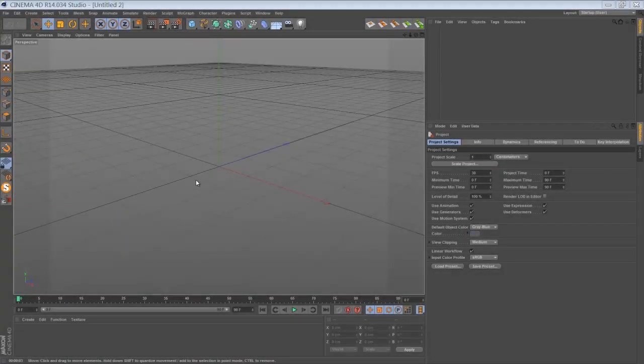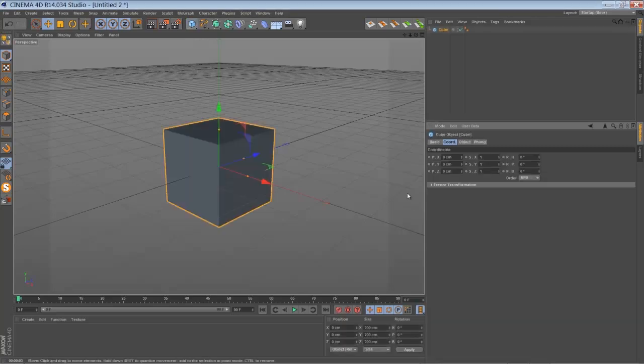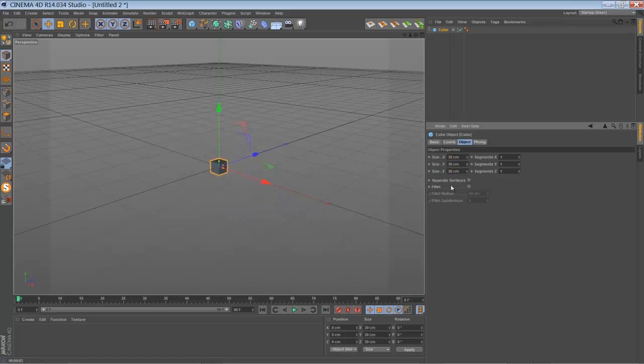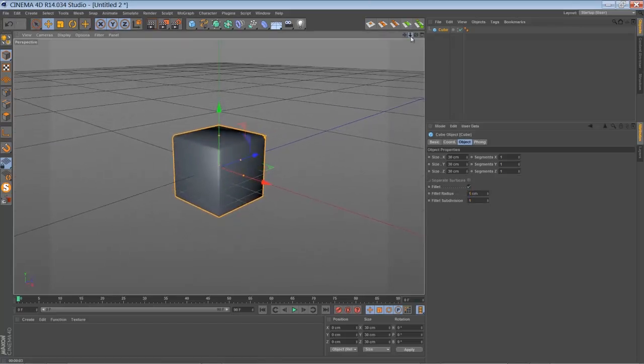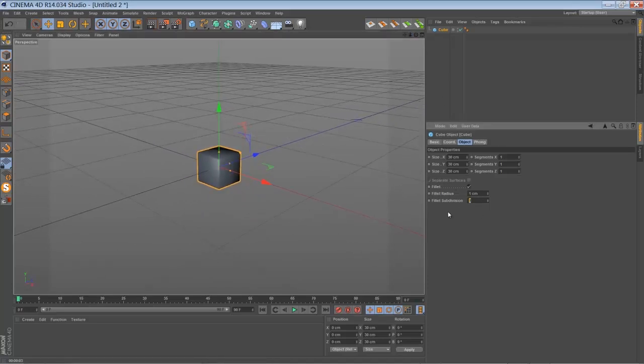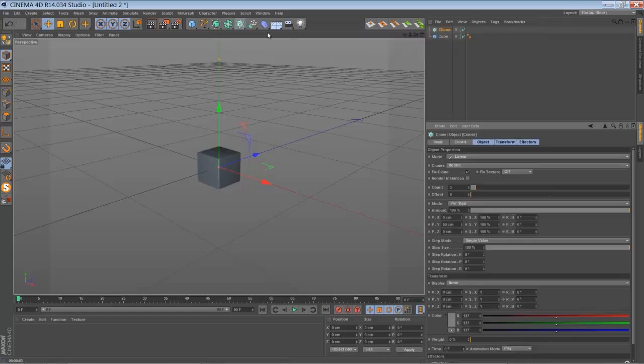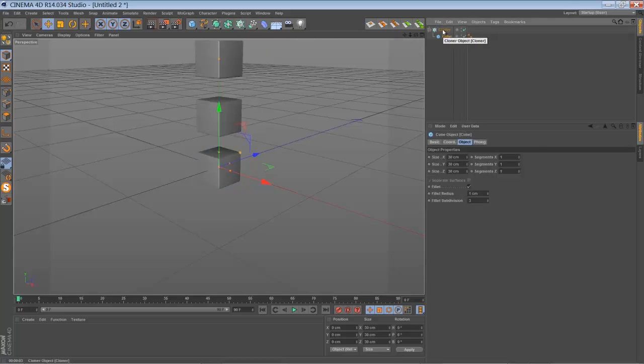Okay, so the first thing we're going to create is just a cube. I think it was something like 30 centimeters in each direction. I'm not sure, it doesn't really matter. Give it a fillet caps like one, more like so. Okay, so create a cloner, drop your cube into your cloner